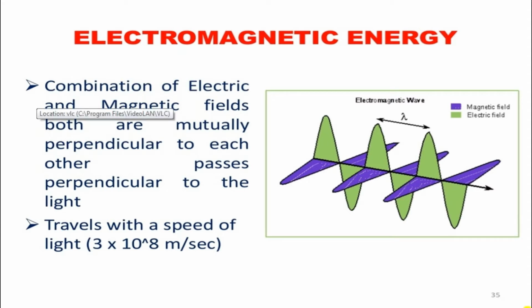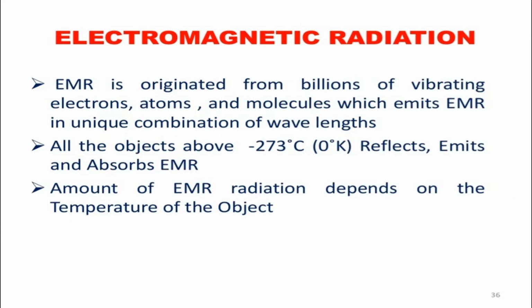Now next, we are moving to the EMR. Generally, EMR originates from the billions of vibrations of electrons, atoms and molecules, which emit EMR in a unique combination of wavelengths. If the temperature is below 0 degrees Kelvin, or minus 273 degrees centigrade, it absorbs all EMR. It cannot reflect any type of electromagnetic radiation,